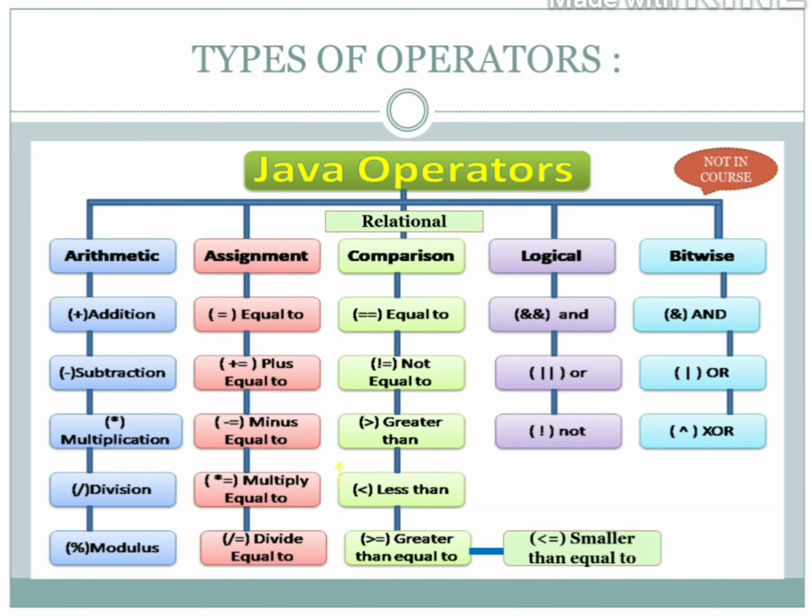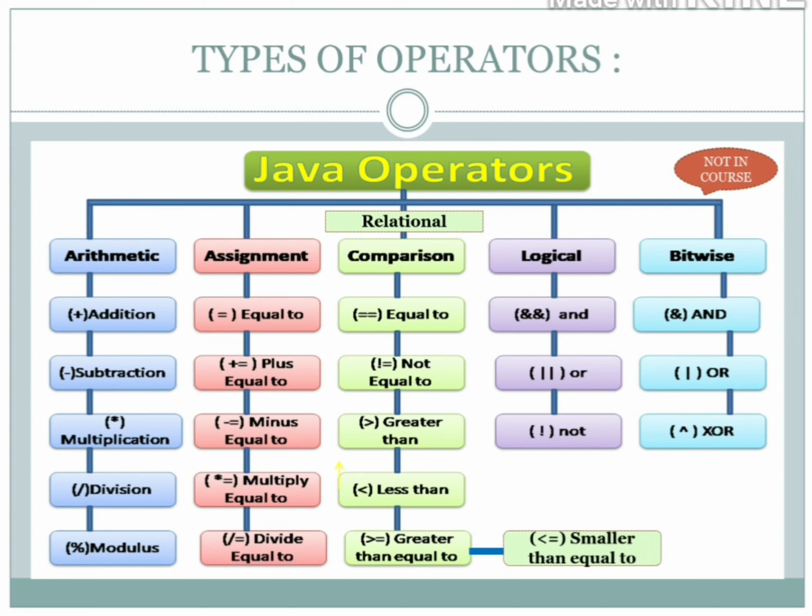And then we have many types of operators in Java, but we have to study only a few. For example, the arithmetical operator, the assignment operator, also known as the shorthand operator, and the comparison operator, which is also known as the relational operator. Then we have logical operators, then bitwise, and then one more, that is shift. Bitwise and shift operators are not in our syllabus, and we have to study only 4: arithmetical, then shorthand, then relational, and then logical.